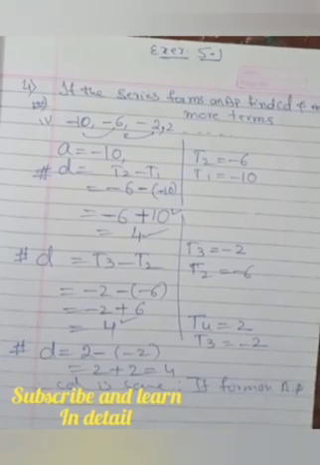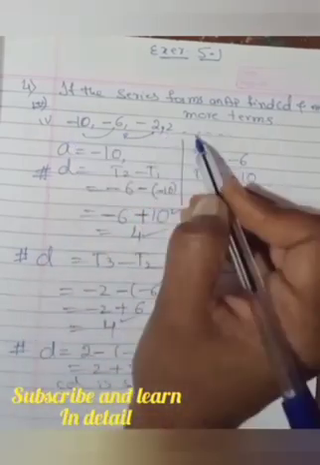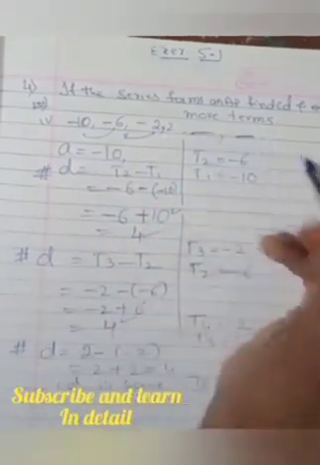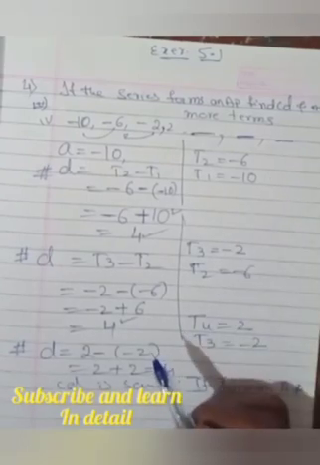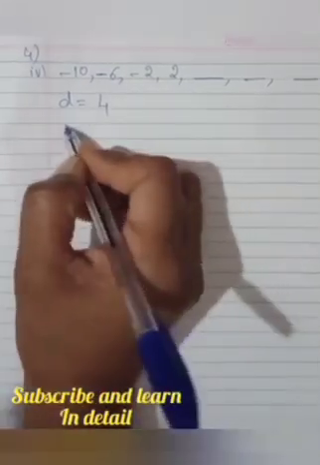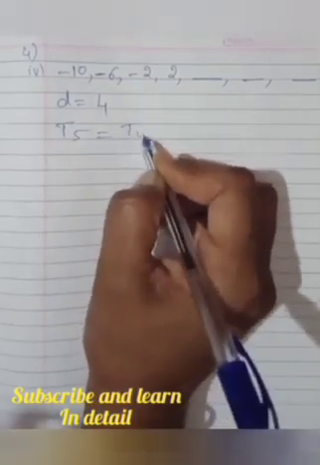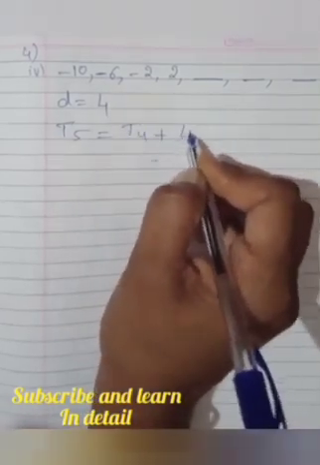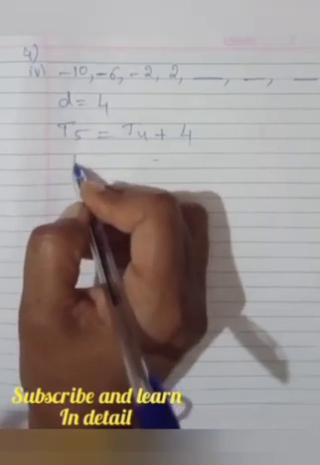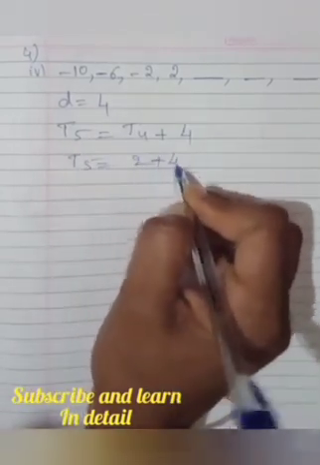Now look at this one. How many terms here are you given? 1, 2, 3, 4. You have to find the fifth term, sixth term and the seventh term. You have got 1, 2, 3, 4. We have to find the fifth term, 3 more terms they told. So that is T4, the fourth term, and the difference. Very simple. T5th is equal to 2 plus 4, that is equal to 6. You have got this one as 6.